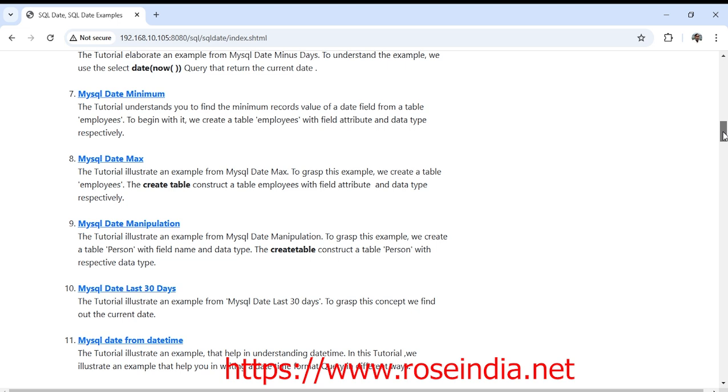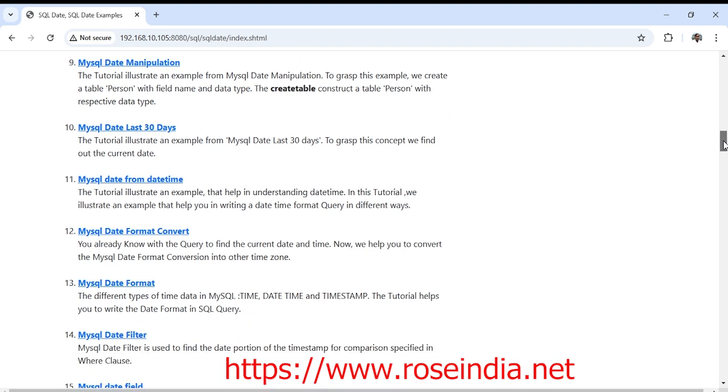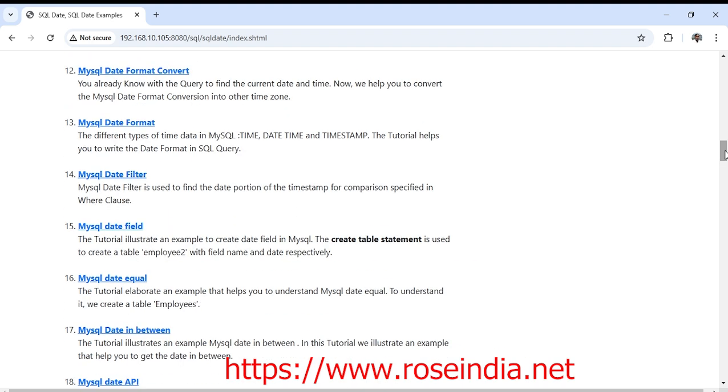For example, if there is an order table, then we can get the minimum order date and also the maximum order date based on various criteria and queries. We'll learn how to manipulate the date in SQL. So we'll see how we can perform the operation to add 30 days to a date, how we can get the date time, how we can format the date,